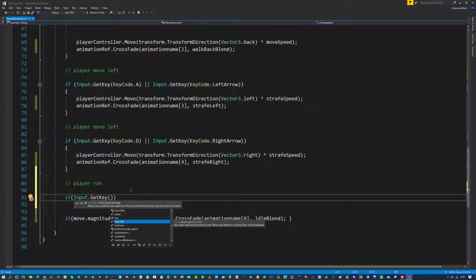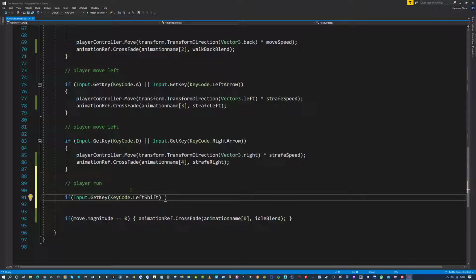If we are holding down KeyCode.LeftShift, which is your left shift key on your keyboard, which is here, and you put the double ampersand,